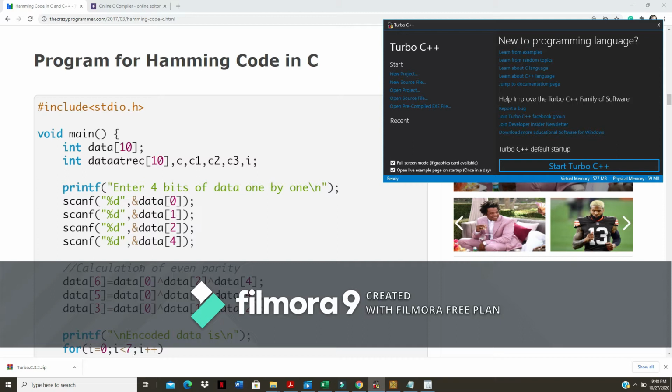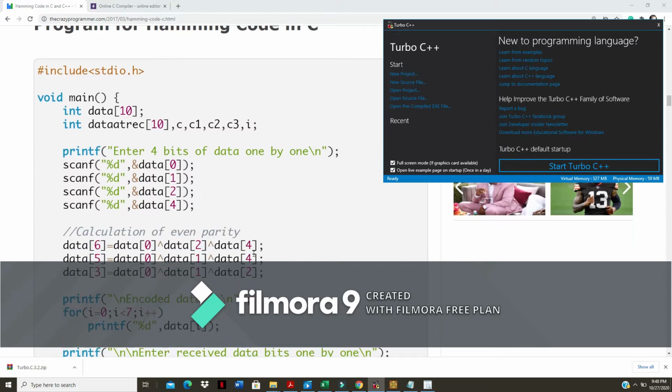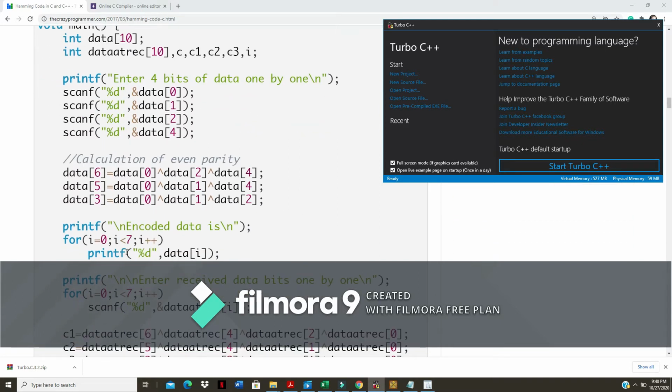And the C program, you are almost familiar with the C program. Okay, let me just give an overview. So here, Hamming codes means here you can see enter 4 bits of data. So I'm going to use my input data as 4 bits, but here we have a for loop from i equal to 0 to i less than 7. So for the 7 bits it is going to generate the encoded data.